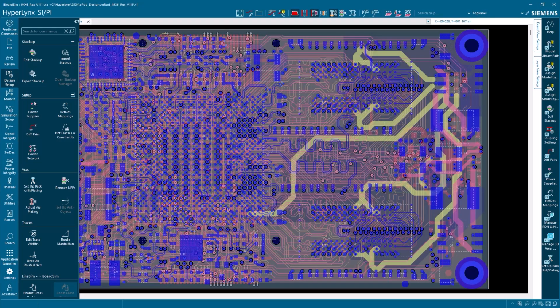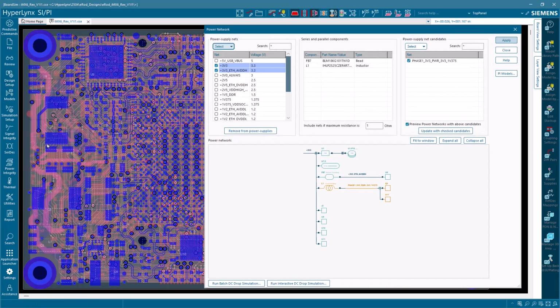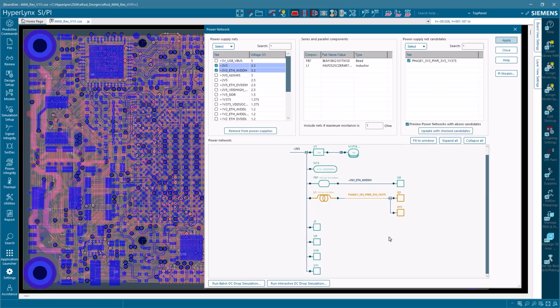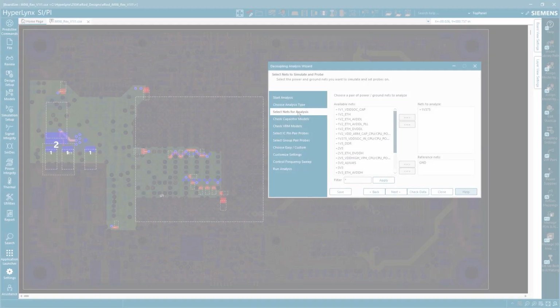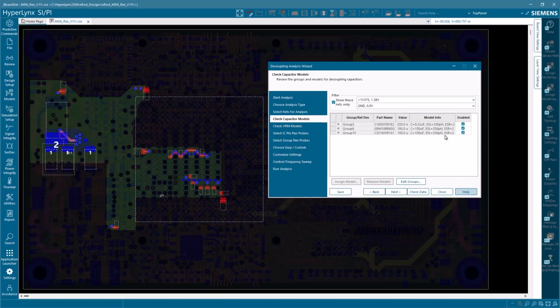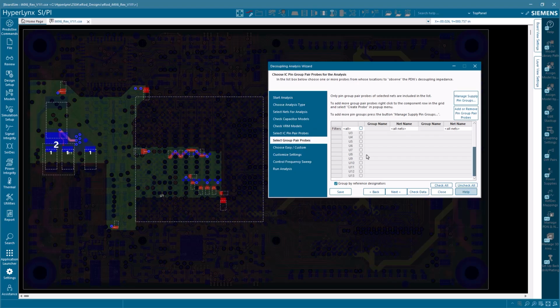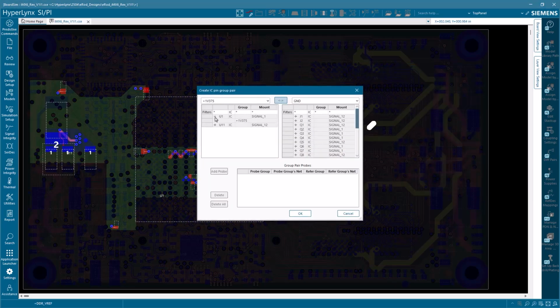2504 brings major improvements to the power network dialog, making the setup of power distribution networks for designs more efficient and more reliable. Configuring power supply nets, assigning power integrity models, and previewing your design is much smoother and a more consistent process. There are also performance improvements to the decoupling wizard for AC decoupling analysis, as well as additional passive device modeling options for both DC and AC simulations.